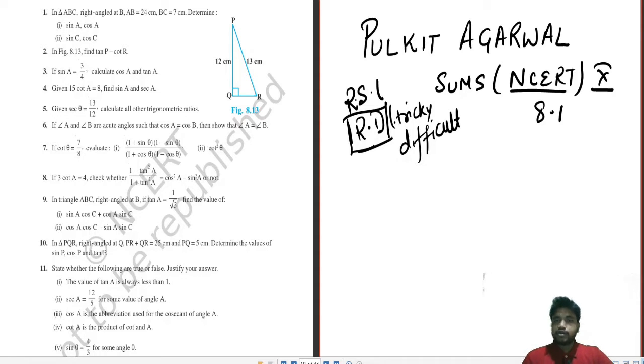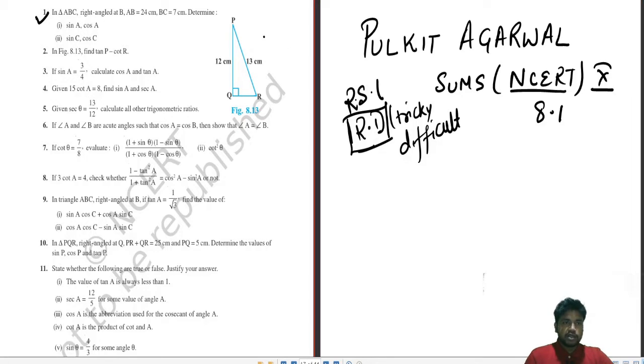Never try to jump on the difficult part of your syllabus very initially. Take time with the easier part, then the medium part, and then the difficult part. Don't rush to being a Superman or hero to solve it very curiously. Take your time. For example, we'll move into the first sum.